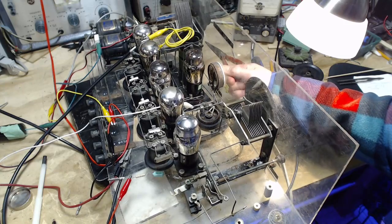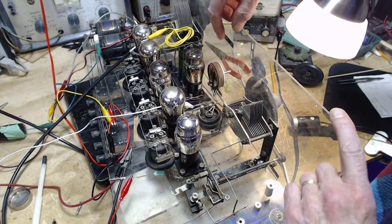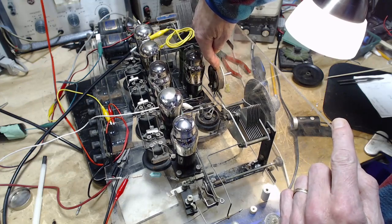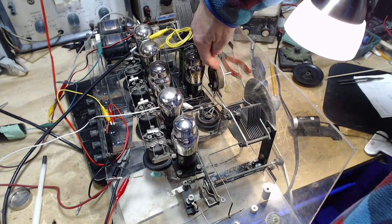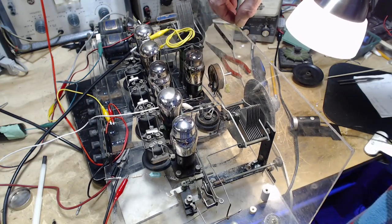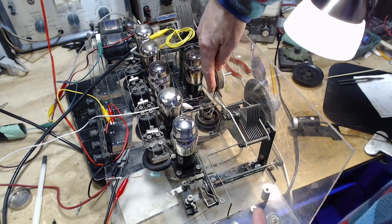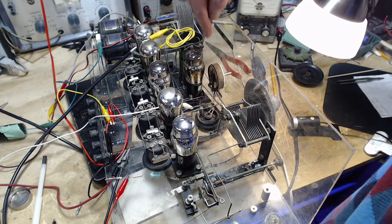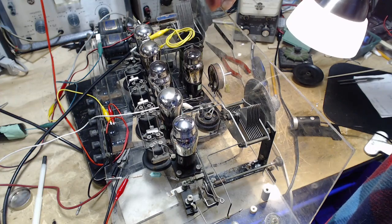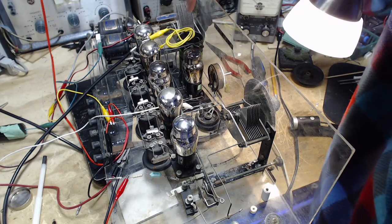Now there's another rheostat right here. And I've been staring at this for quite a while trying to figure out what it is doing. It appears to be in series with this. On the schematic there is one version of this radio with a rheostat controlling the heater current for the modulator tube. I don't think that's what this is doing. This is set all the way so there's no resistance added to this. It's essentially doing nothing, I think. And if that's the case, then its connection,